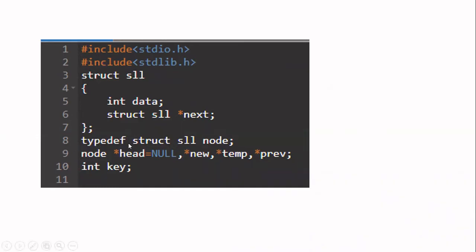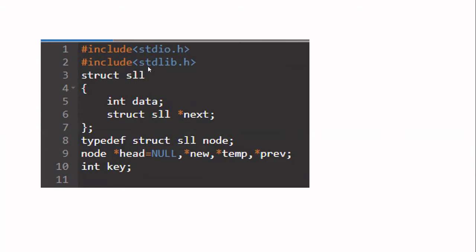That is another name. Now, here what I am doing in line number 9 is I am creating totally 4 pointer variables. All the 4 pointer variables are pointed to the structure of type single linked list. Okay, and head pointer is stored with null. Okay, remaining pointers will contain some garbage value, but I'm storing head pointer as null. Don't worry about this. Generally, we will start with head pointer as null only, because when you start your program, your linked list will be empty. So we are storing head as null, right? So this is a basic thing.